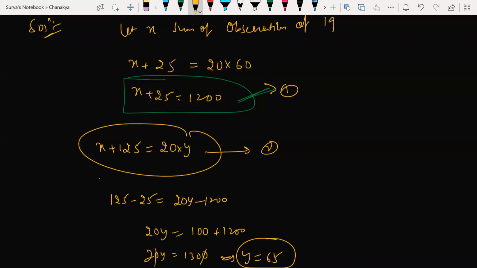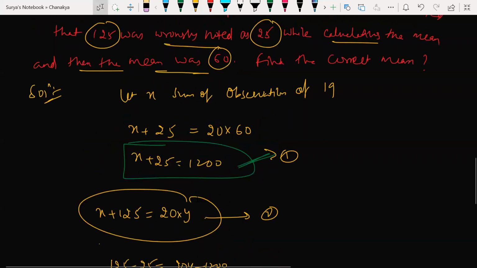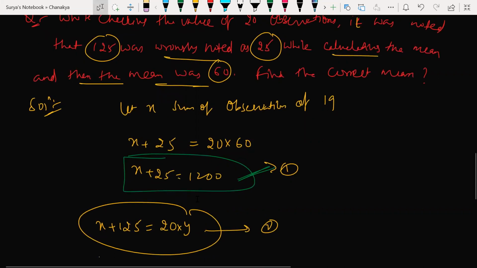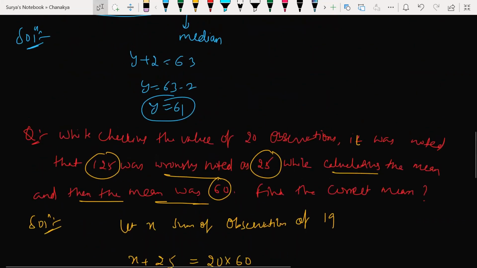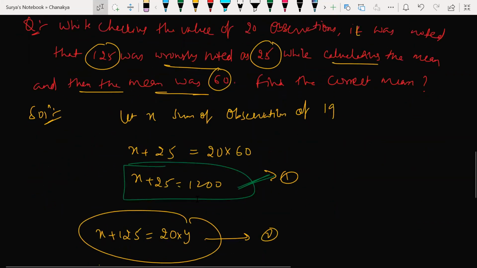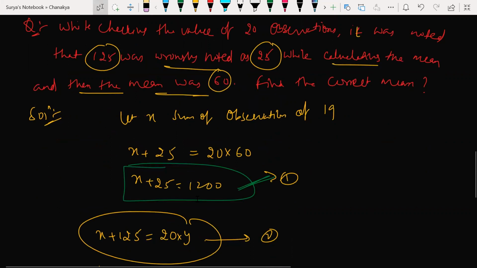I think you made a zero mistake somewhere. 65 is the answer. How many have understood? Look at this, what I have done here. Yes sir, I'm looking through my work. No problem. I'm sorry.